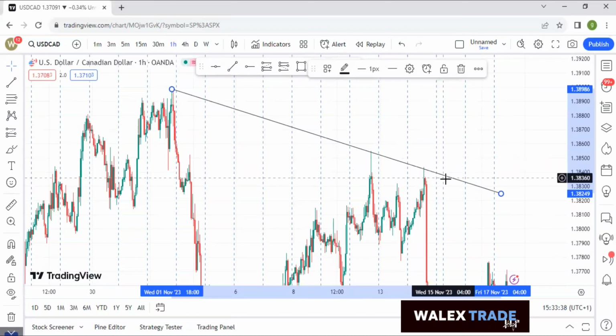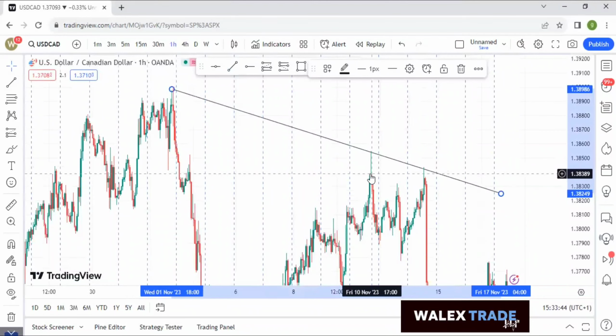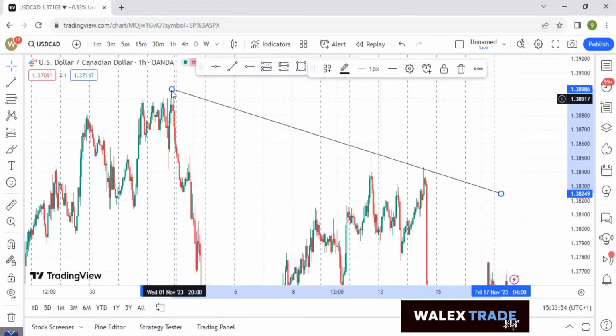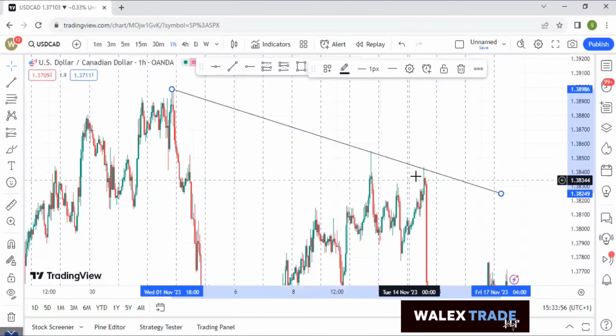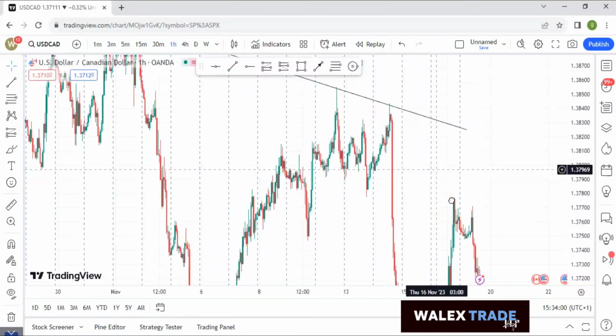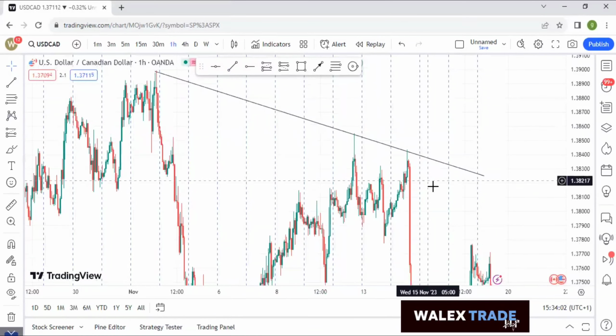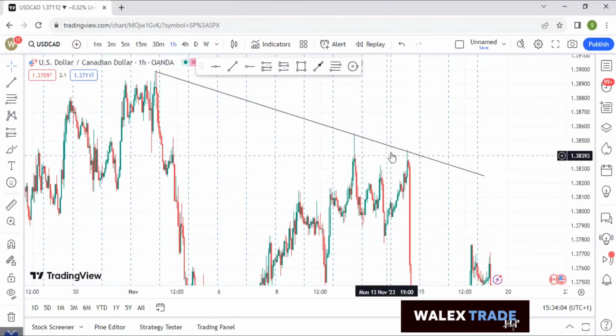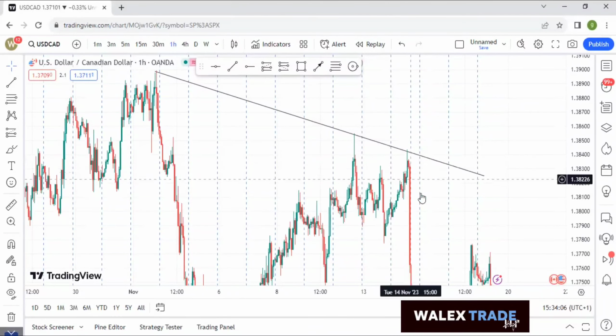So if you are trading a third touch bounce of a trend line, let's say you wait, trading is all about patience. You wait till it gets to the third touch. You can see this is the first touch, second touch, third touch. So me, I usually trade this mostly. It's one of my core strategies. Third touch bounce. So you can see the moment it makes the third touch of this trend line,